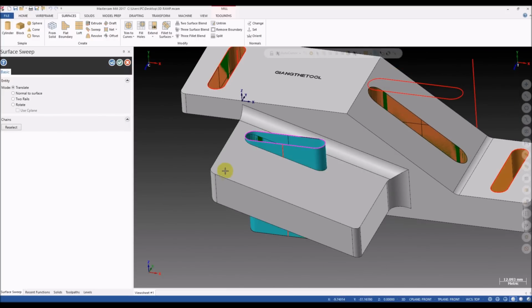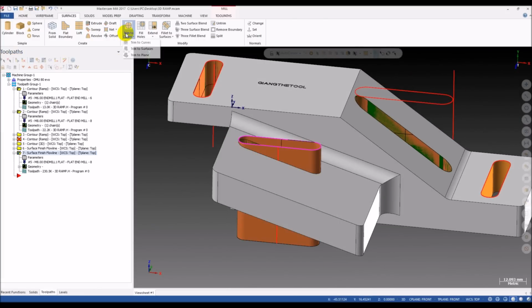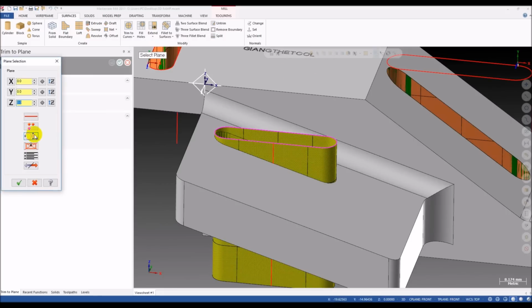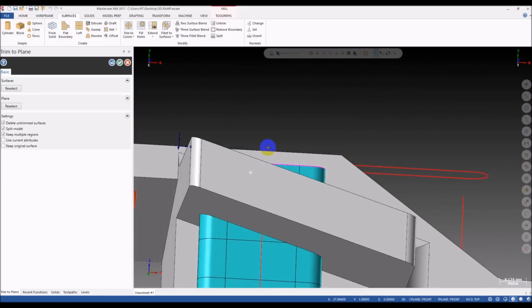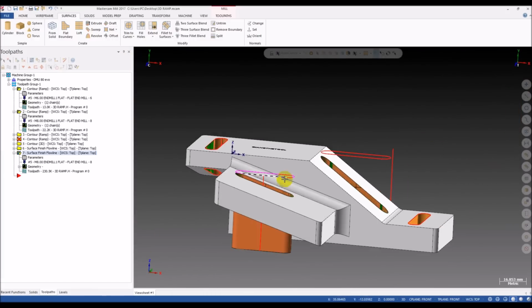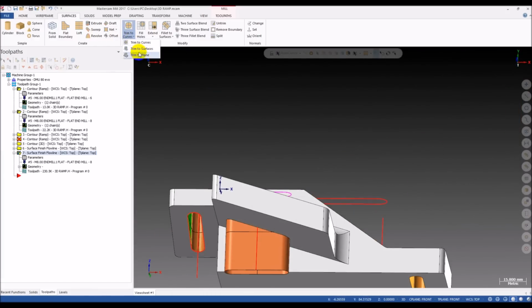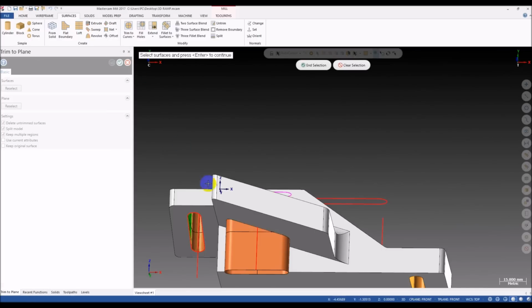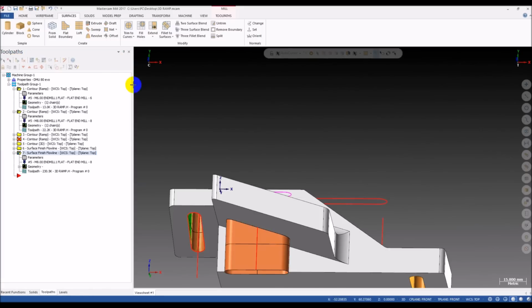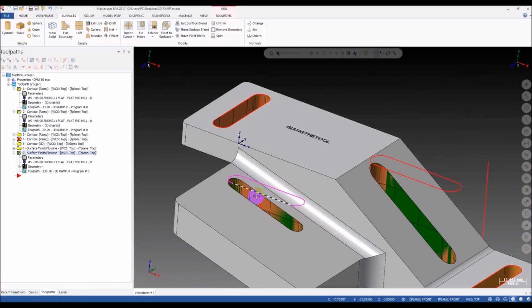And okay, and then we trim it in, and then the entity. Okay, we trim the upper side. Now we trim the lower side. Trim to plane, select the surface, and then click the entity you use for trimming. Okay, we copy another toolpath,